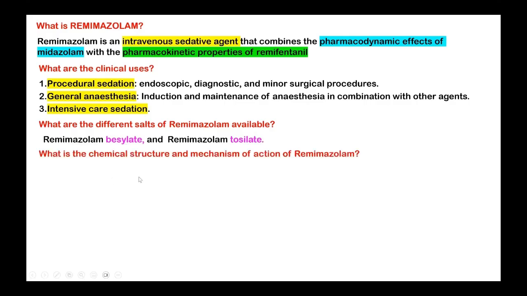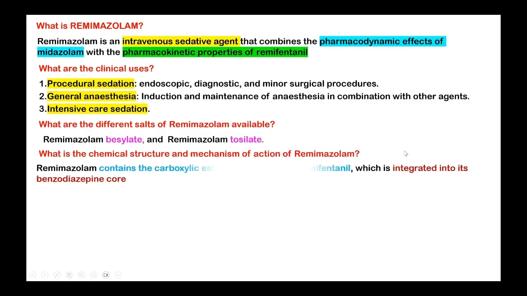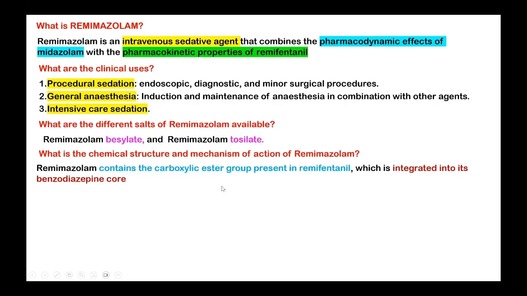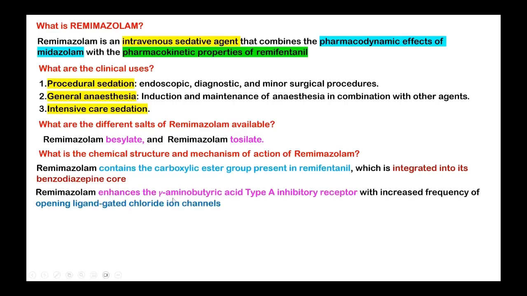Okay. What is the chemical structure and mechanism of action of remimazolam? Under what category of drug does it come? Benzodiazepine or opioid? Benzodiazepine. It comes under benzodiazepine. So it has a carboxylic ester group present in remifentanil, which is integrated into the benzodiazepine structure. Okay. So what is the mechanism of action? It acts on the GABA type A inhibitory receptor, increasing the frequency of opening of the